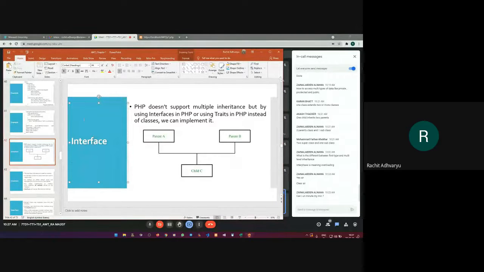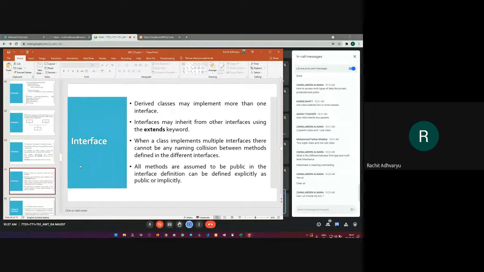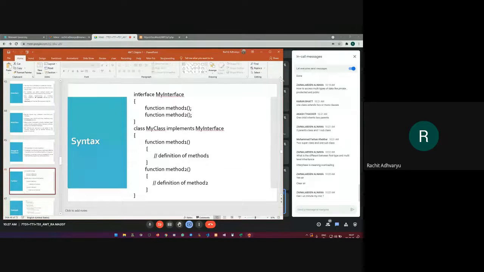Okay. So guys, let's see what is interface. What I said is all theory. I'm not going to go for the theories, but there is a difference in interface as compared to inheritance. I'm coming to that difference now. So see, this is your parent class called interface. So we have the interface keyword and the interface name. As I said, interface will not have any body of a program. It will have only the method names. So these are the two methods defined by that interface: method 1, method 2.